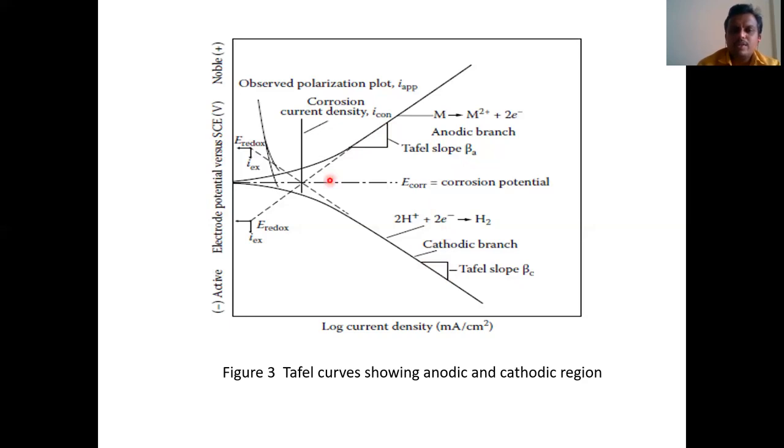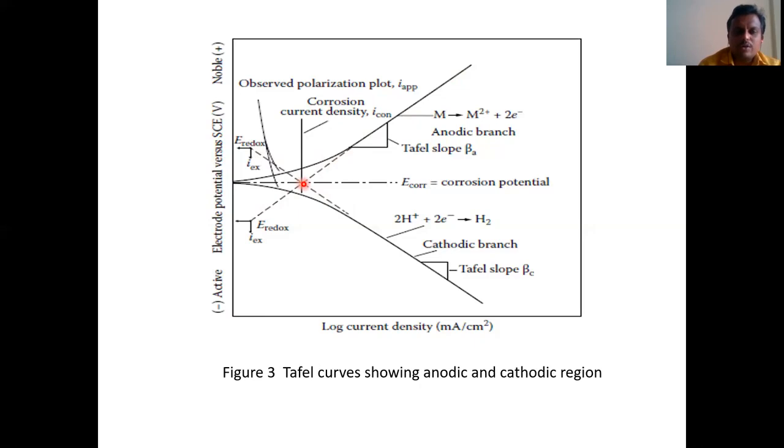So after getting this anodic plot and cathodic plot, after the given input time, you are getting the Tafel plot. After that, you have to plot the tangent to the anodic branch. So this dotted line is nothing but the tangent to this anodic plot, and this dotted line is the tangent to the cathodic plot. When these two lines intersect at one point, that point is important. From that point, you can find out the ECOR and ICOR values.